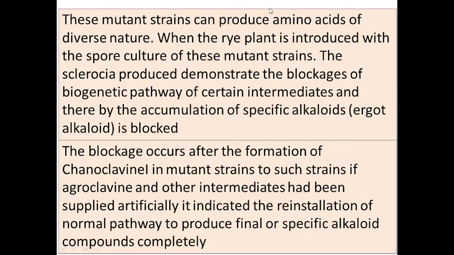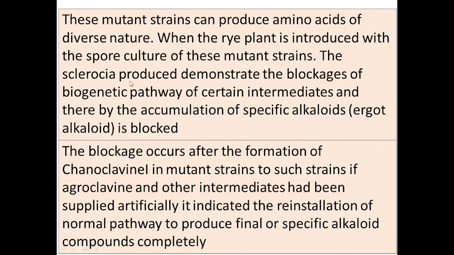So such mutant strains of Claviceps purpurea will produce amino acids of diverse nature when a rye plant is introduced with the spore culture of these mutant strains. The sclerotia produced demonstrate the blockage of the biosynthetic pathway of certain intermediates. So when the mutant strains of Claviceps purpurea are used and the rye plant is introduced with the spore culture of these Claviceps purpurea,